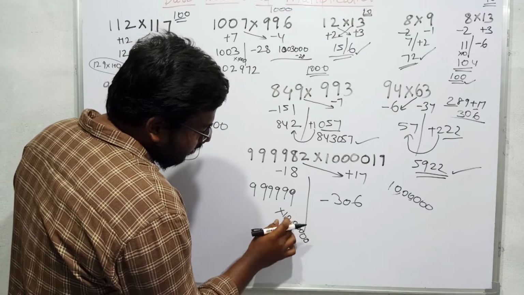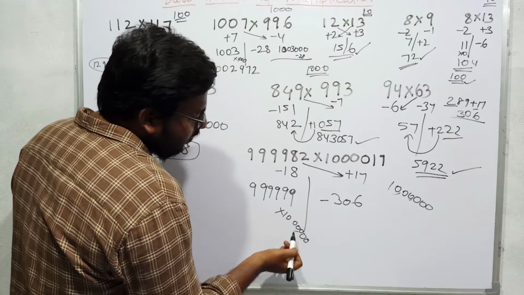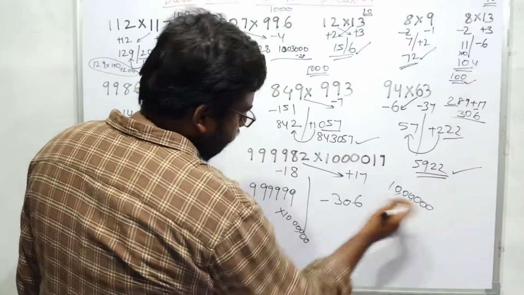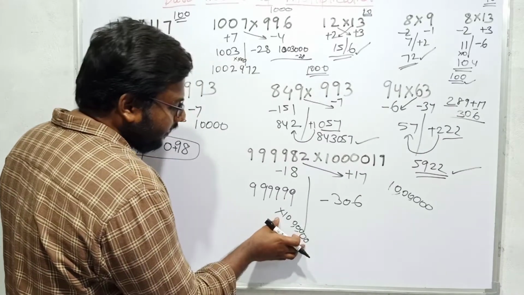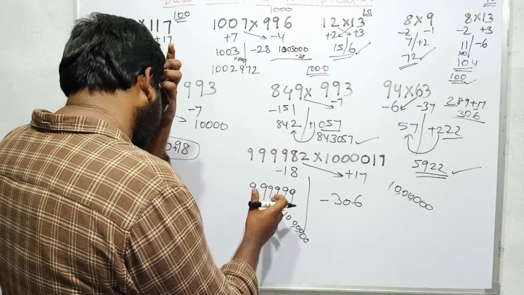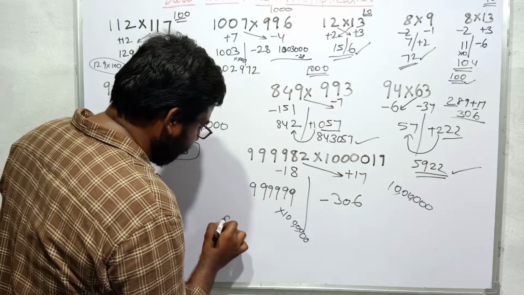I have to put 6 zeros. 5 zeros means this is also 6 zeros now. 5 zeros means 1 lakh, 6 zeros means 10 lakhs. So this many 10 lakhs are there. So if I take 10 lakh from this, that means what I will get is